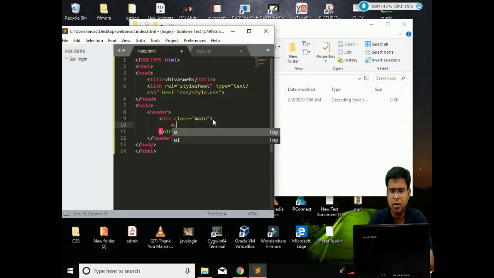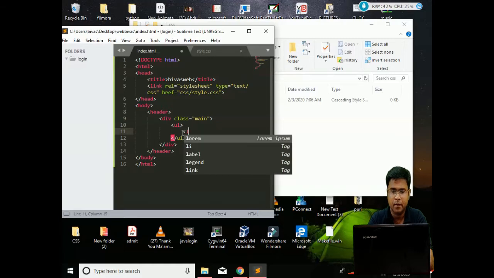Now I am creating an unordered list. Why do I require an unordered list? Because I want to create a menu, like home, about us, contact us. That falls under the category of unordered list. The tag is UL, and inside the UL I have to take the list item, for which I have to write LI. LI stands for list item.